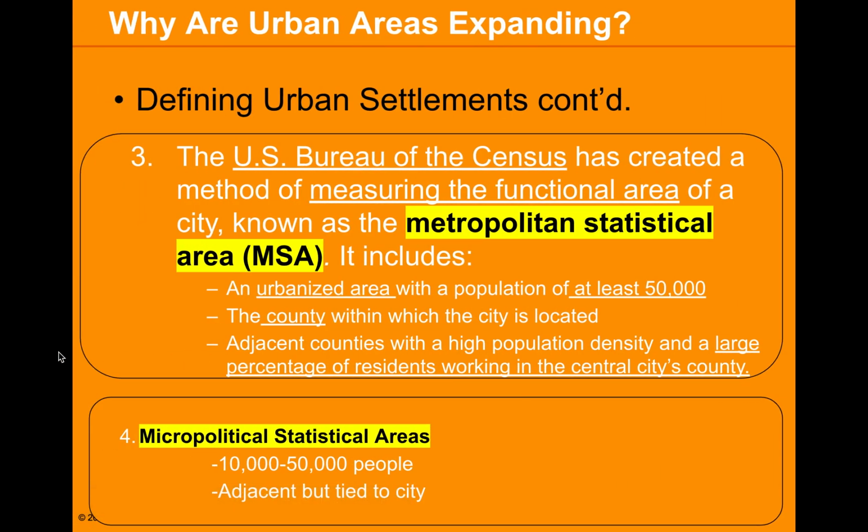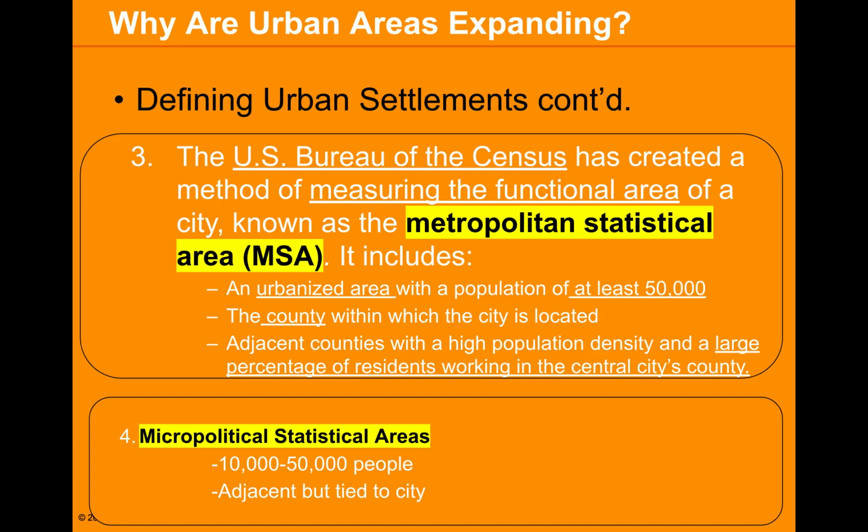Further defining urban areas, the U.S. Bureau of Census measures the functionality of those urban areas. The first is the Metropolitan Statistical Area, also known as MSA. The Metropolitan Statistical Area measures the functional area of an urban settlement. The MSA was created by the U.S. Office of Management and Budget, the OMB,